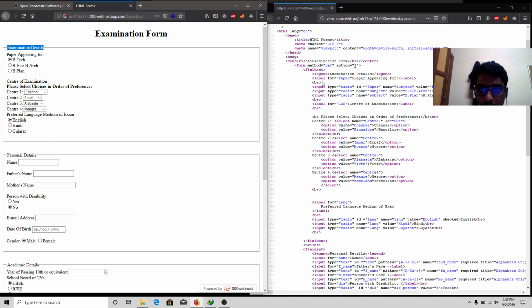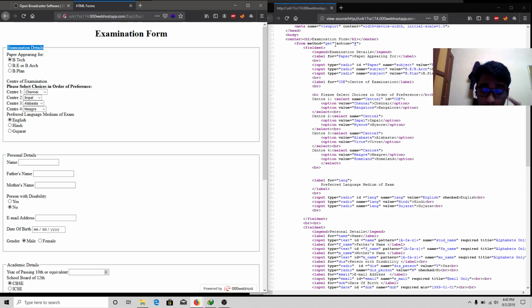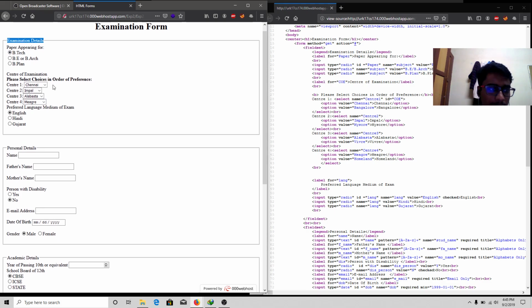So then we have our input type. We have used input type radio for radio buttons, and to make these of the same group, we will have to provide the same name for all of them, and then we provide the respective values, and we type the text which is supposed to be displayed on the page. And also we have to keep one of them checked, so that at least one of them is checked by default. So we have kept btech as checked. So now I'll be selecting btech, and